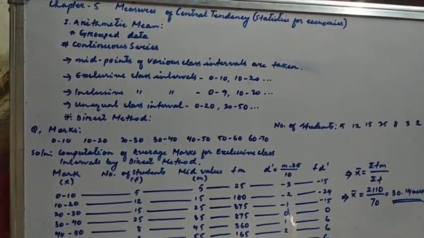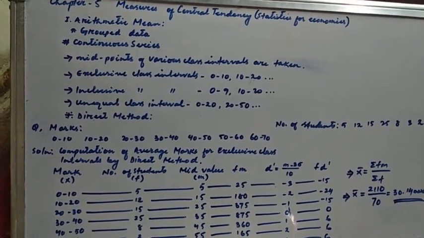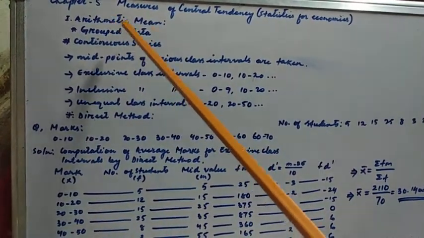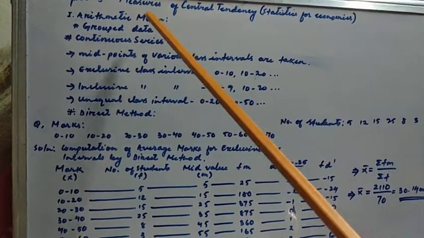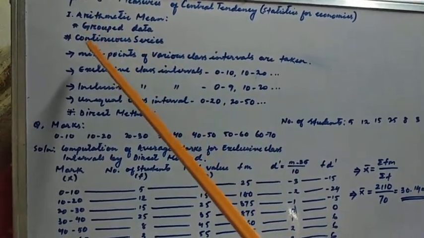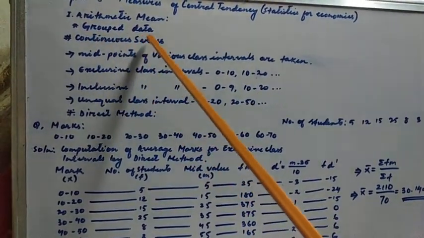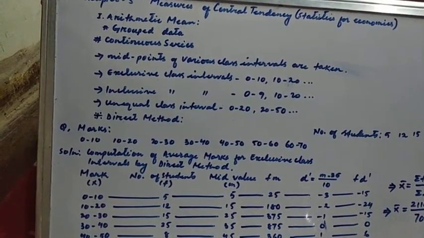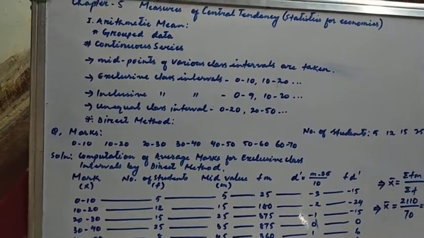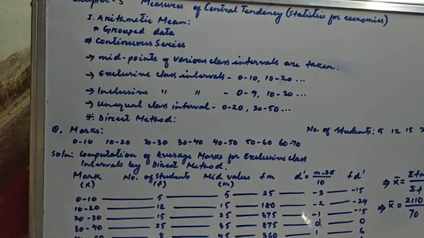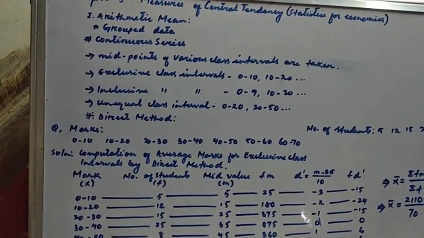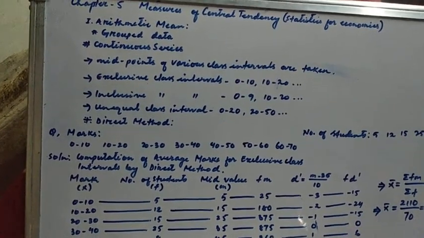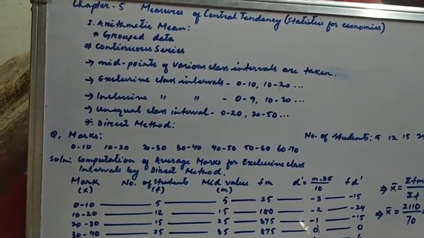So we have discussed the discrete series. Same thing, it is an arithmetic mean for group data, but here we are going to talk about a continuous series. Class intervals are given here when we talk about continuous series. The process of calculating this arithmetic mean when it comes to continuous series is the same as that of the